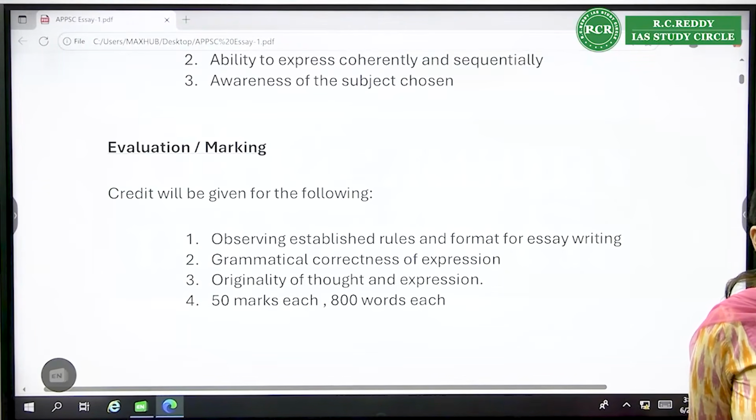And I'm not saying you have to use very heavy, very difficult words. Even simple words would do. But grammar should not be wrong. Spelling should not be wrong. And I have seen there is a tendency that because there are a lot of things to be written, spellings go wrong, or sometimes grammar is too bad. That should not happen.